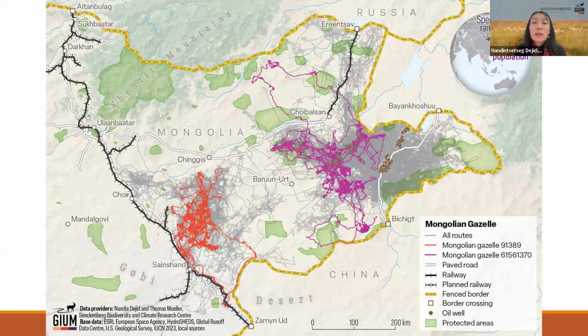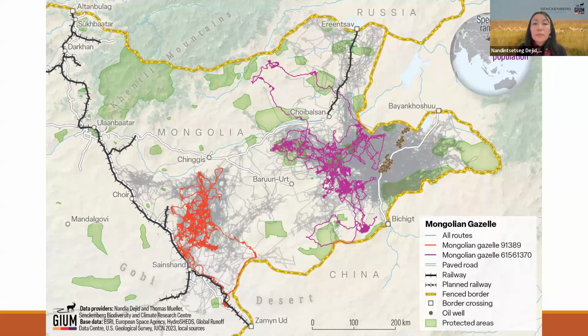And we also showed even an individual gazelle's movement. Here we can see that ecological connectivity is important even just for protecting a single animal in this unpredictable ecosystem. At the moment, there are 2 different types of impermeable barrier across the Mongolian gazelle habitat. The one is the Trans-Mongolian Railway, which is in black, and also the fenced border areas, which you can see in yellow.